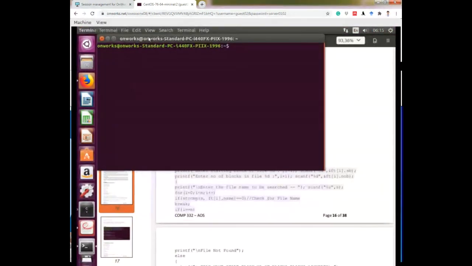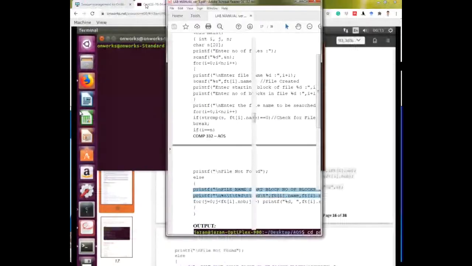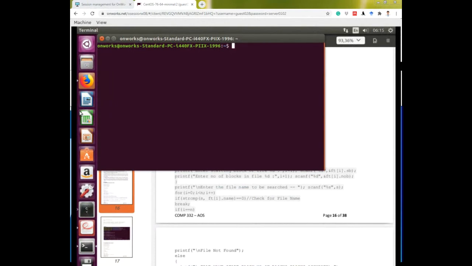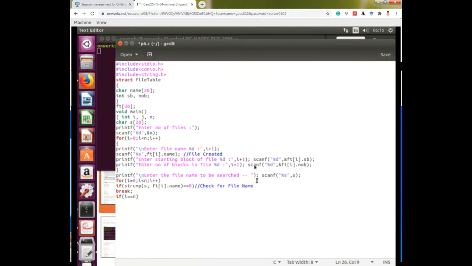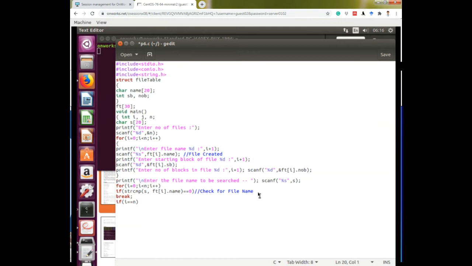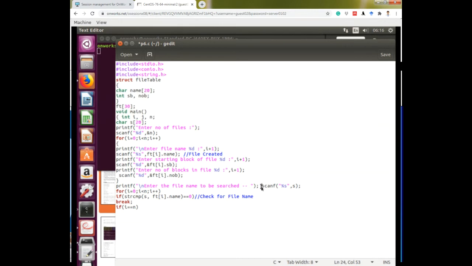Go to terminal, then write gedit p6.c. A new window opens. Paste with Control V. Now here you see some errors. This needs a new line, this also needs a new line, and this also needs a new line.